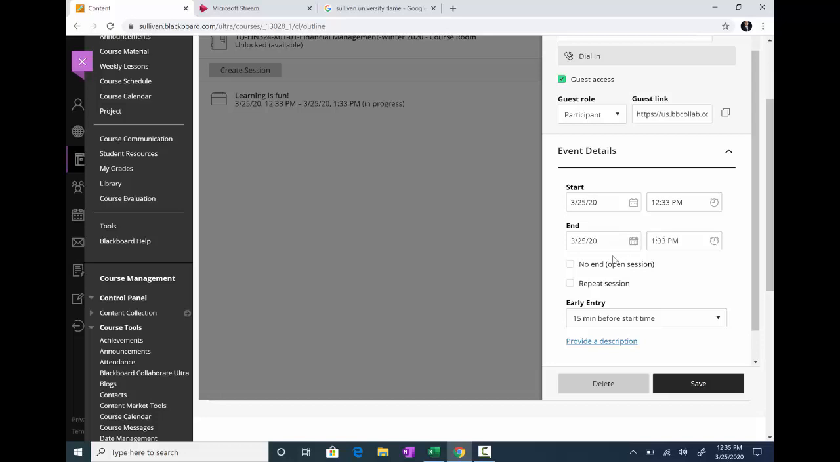I can make the session no end. That means it stays open the entire quarter, or I can repeat it. So I can have a session like, for instance, if I have a Tuesday, Thursday class, I can repeat it every Tuesday and Thursday, that particular session. I can use it maybe as a plus Friday, repeat it every plus Friday from 8 to 10 o'clock, or I can do a plus Friday where I can have a no end session. That means I can open up, begin the quarter and leave it open throughout the quarter and have office hours,